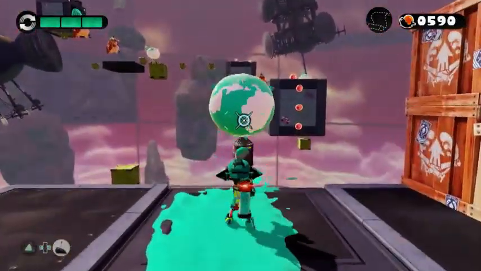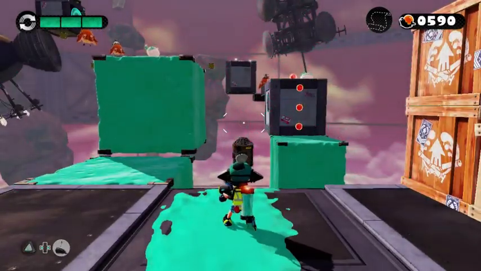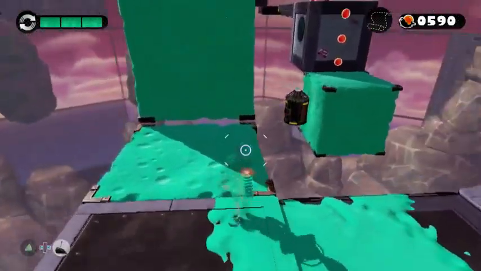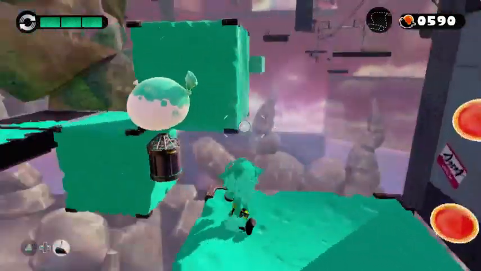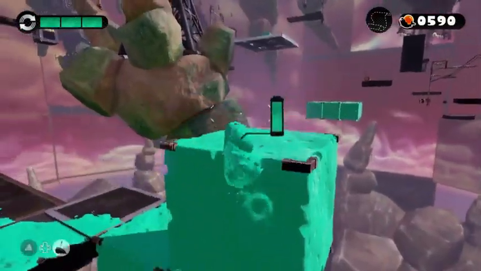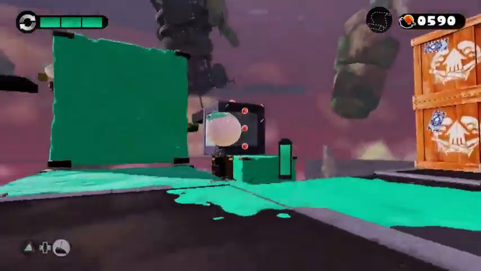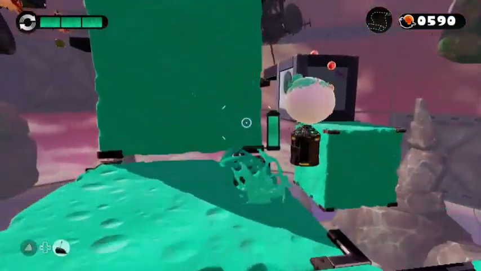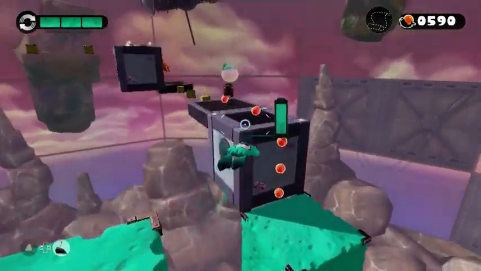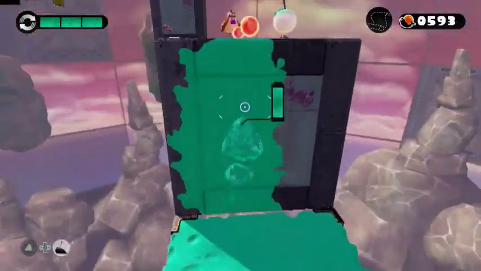Now at this point, you want to go forward and shoot this balloon. You can either, A, take the sponge, jump onto here, and jump over. Or what I showed you there is a little more precise. You either just take the sponge, go up, and jump over, and then you have to shoot the wall anyways